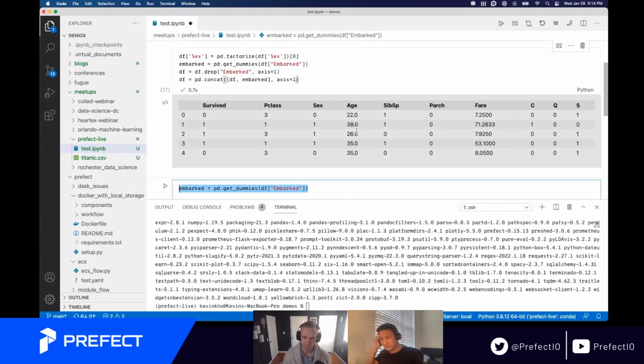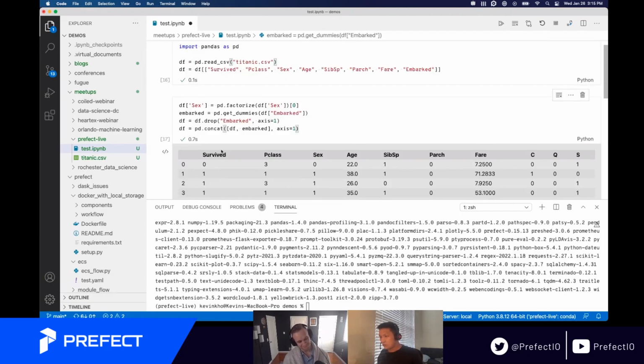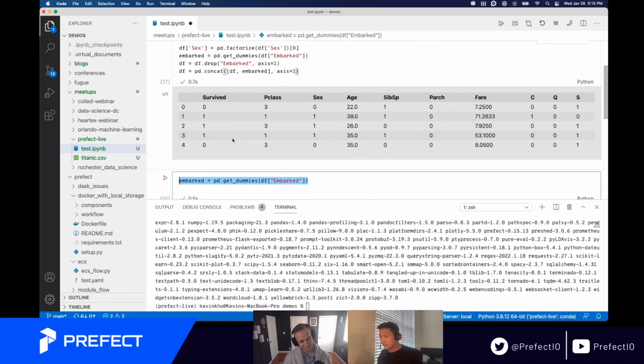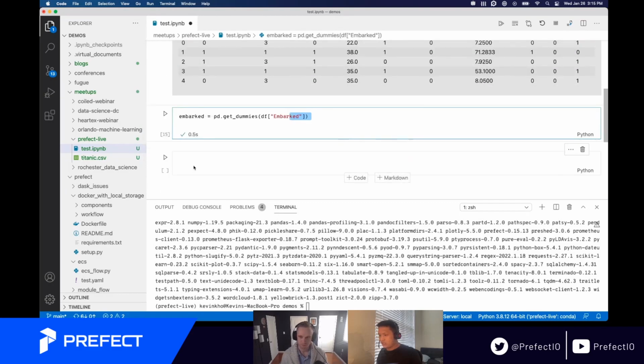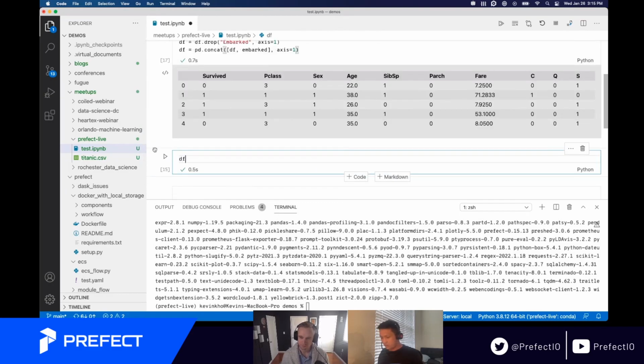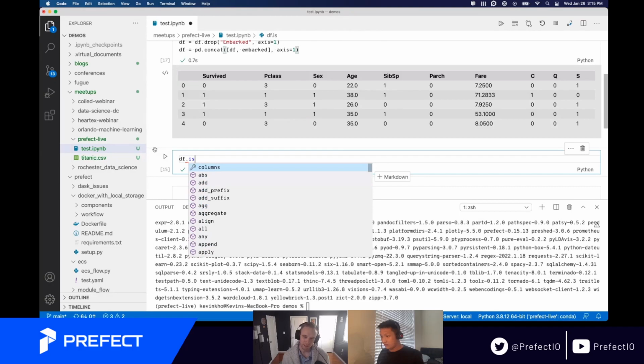Just because not all machine learning models like null values, right? So what we have to do is just check across which ones have nulls. I think we should be good. Or let's see if we can get this command. df dot